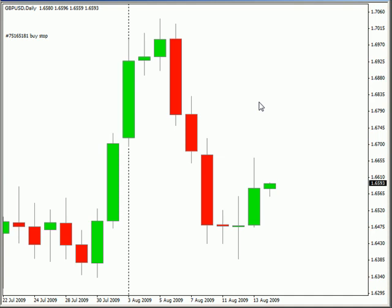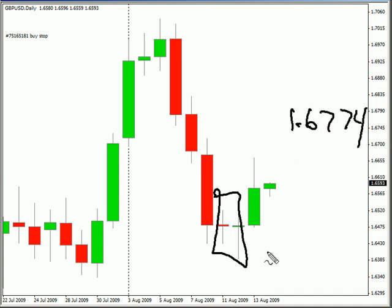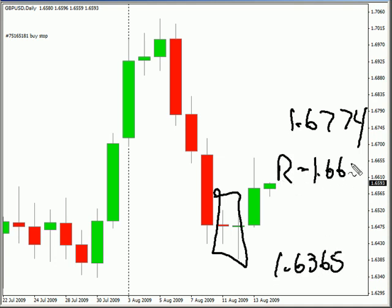Now, looking at the pound US dollar pair, this pair reversed, at least closed higher over this last session after having two doji bars in a row, which is a good indication that we could be at a point of reversal. Definitely look for this pair to potentially move as high as 167.74, possibly as low as 163.65. Look for some resistance around 166.50, and look for some support around